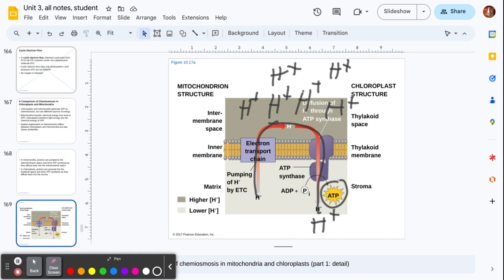So in the mitochondrial structure, you're flowing back into the matrix. That's the very, very inside of the mitochondria. And in chloroplasts, you're going to the stroma, which is like the very outside of the chloroplast. So you're just doing it in opposite directions. It's really the only thing that's different. But it's the same process. I think,